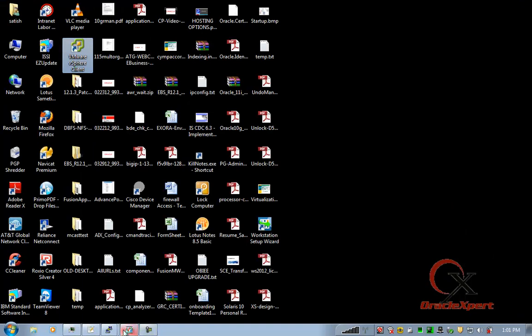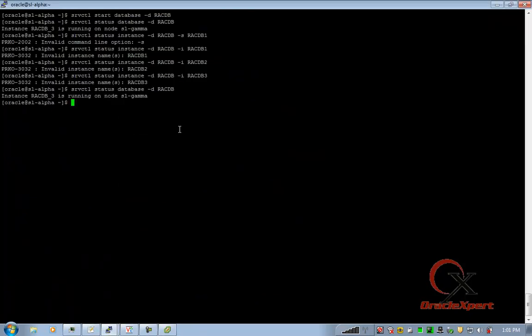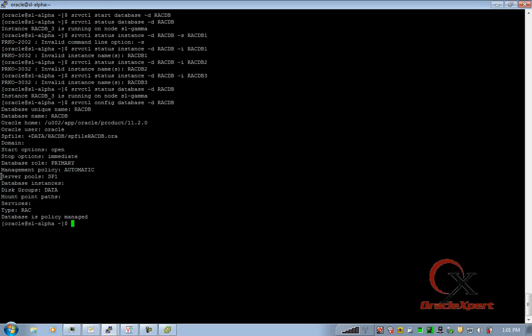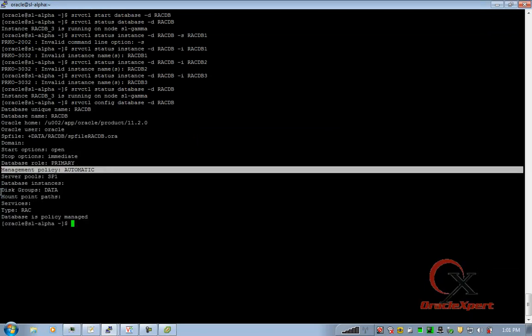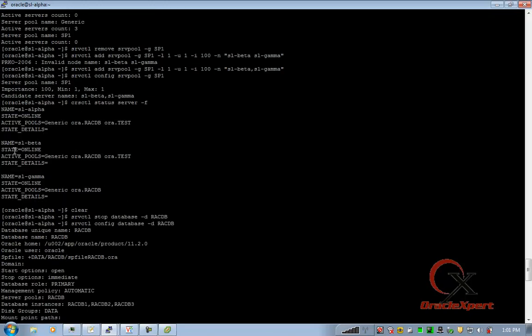I am trying to bring down the Gamma node. In the meanwhile, I will also run through the configuration. srvctl config database -d RACDB. Do you see by any chance this was my earlier output?